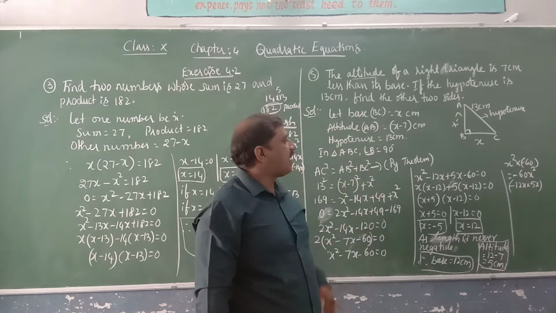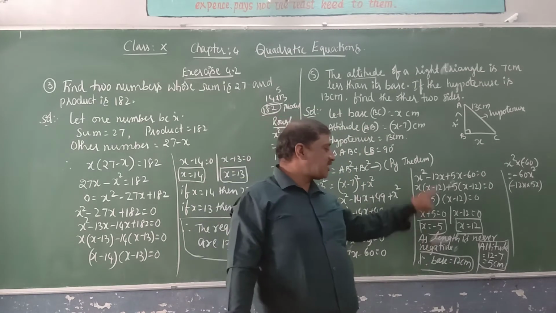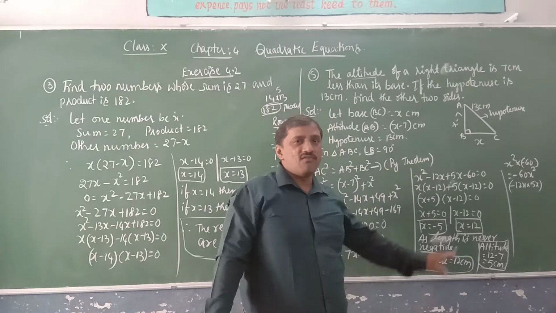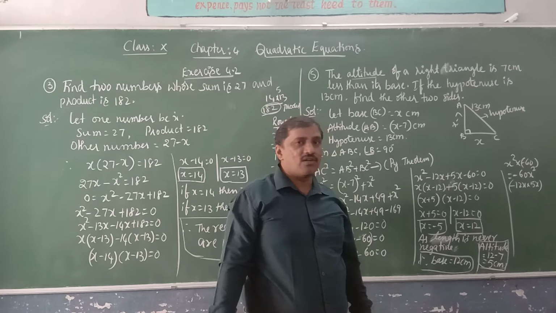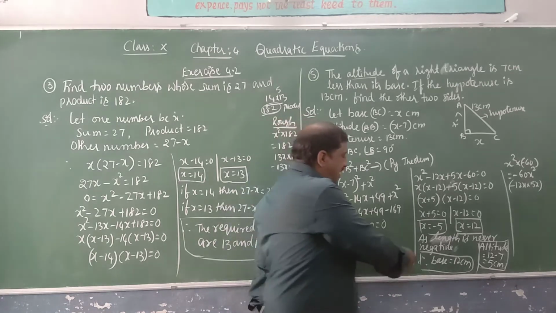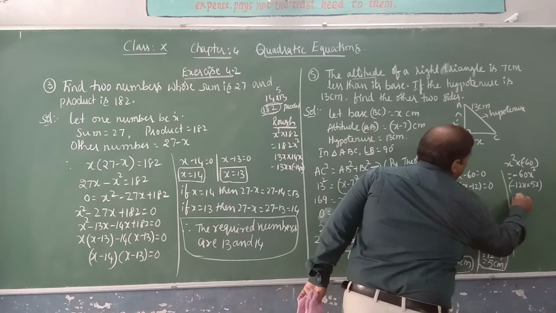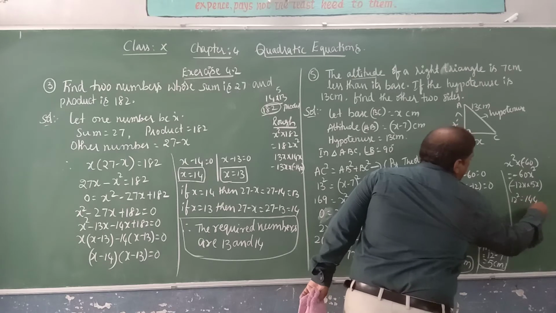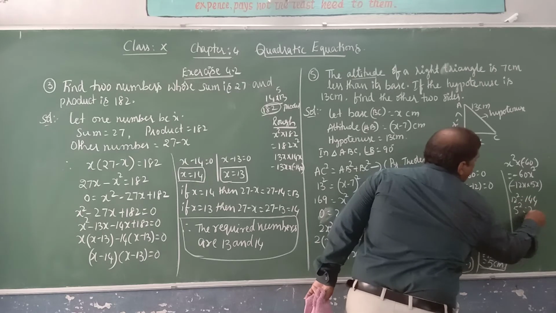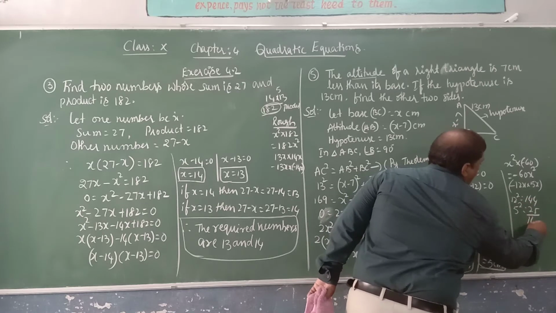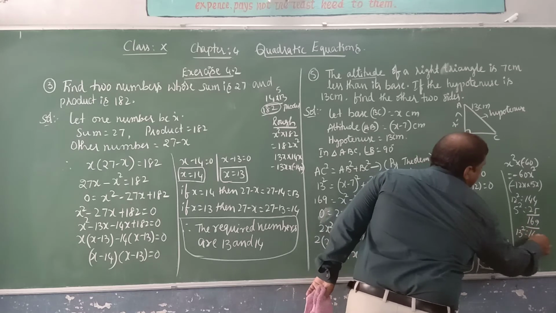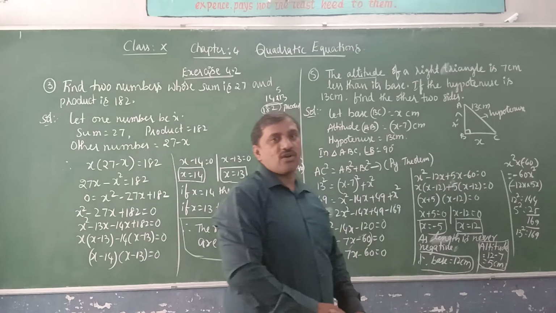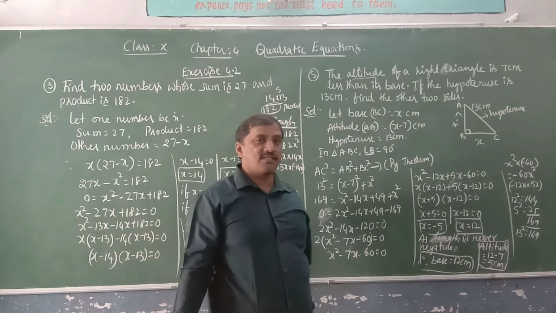Like this we can find. Even you can verify this. 12 square is equal to 144. 5 square is equal to 25. 144 plus 25 is equal to 169. You can check: 12 square is 144 and 5 square is 25. By adding this, what we get? 169. 169 is equal to 13 square, that is hypotenuse. The sum of the squares of the other two sides we got 169.